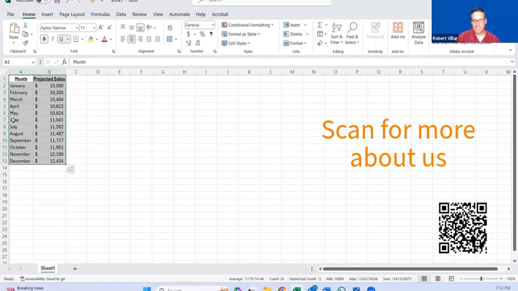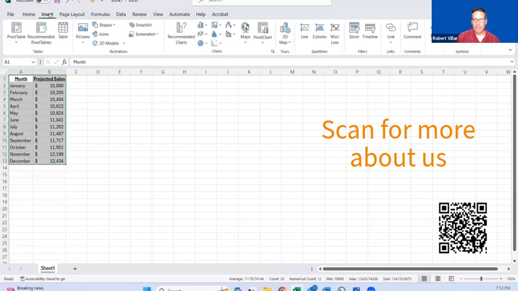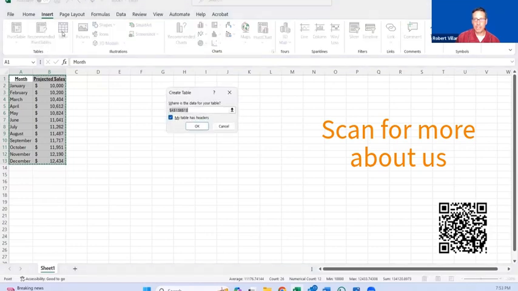So I'm going to highlight my table, highlight my information that I care about, and click on the Insert tab. Under the ribbon, under Tables, I'm going to click on Table. And Excel is going to bring in a table that is anchored, so the dollar sign from the top left to the bottom right. And so that $A$1,